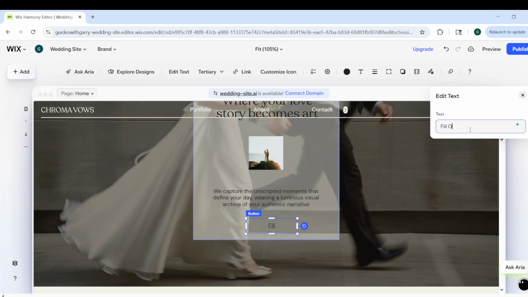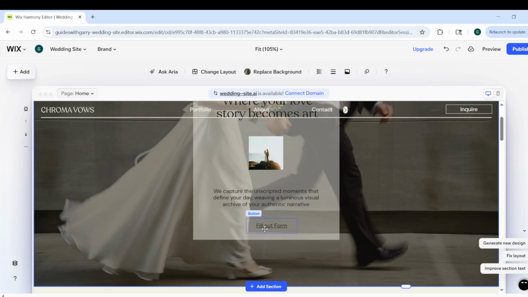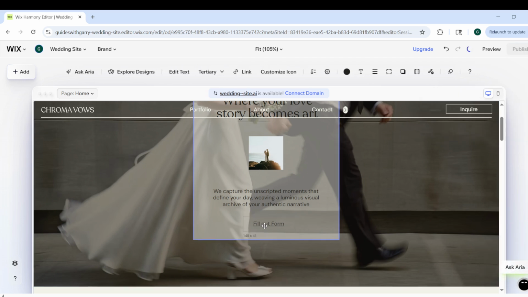Update the label to something clear and direct, such as Fill Out Form. Using simple action-focused text helps visitors immediately understand what the button is for. If you want your page to feel more polished, make sure the wording matches the style and purpose of your website. Once everything looks good, go to the top right corner of the Wix editor and click the blue Publish